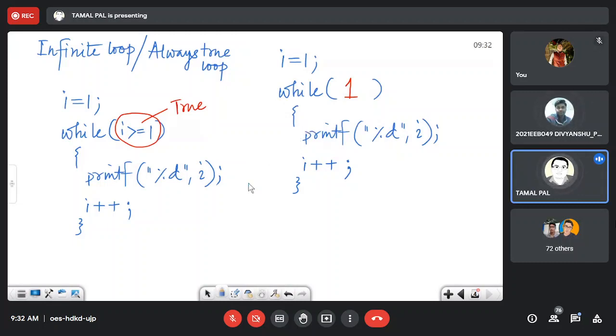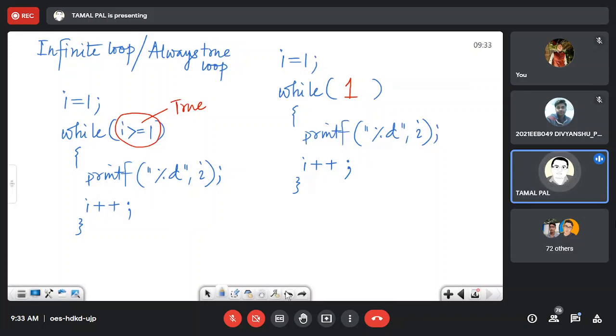Sir, if we take I as 0, no? If you take I equal to 0, and put the condition I greater than equal to 0, then it will run out, no, sir? Okay, let me analyze the situation. Maybe if I take I equal to 0 at the beginning, and 0 greater than equal to 1, is that not true? I greater than 0, I less than 3, okay.